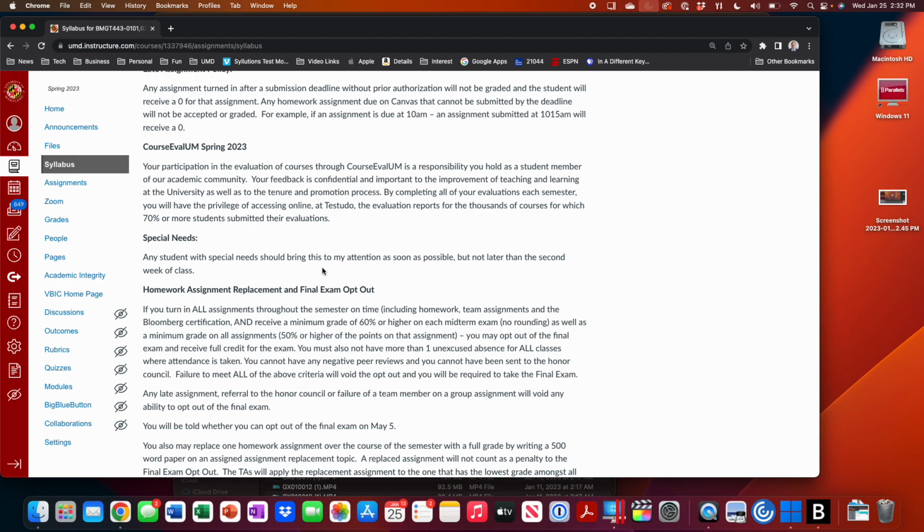If you're struggling, you need help, come to us. Don't be afraid to talk to us if you're struggling. Right? Don't be afraid to talk to the TAs. All right? If you don't want to talk to me, talk to the TAs. They did these assignments in previous semesters. They're grading it. They know how to do it. They're there to help you. Take advantage of their office hours. Take advantage of me as well.